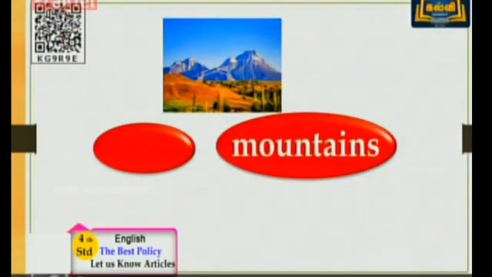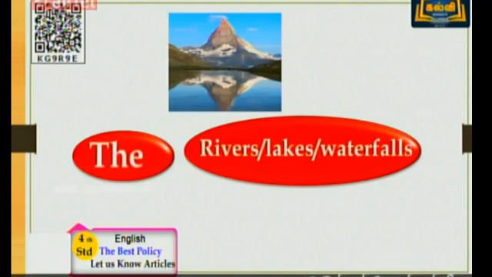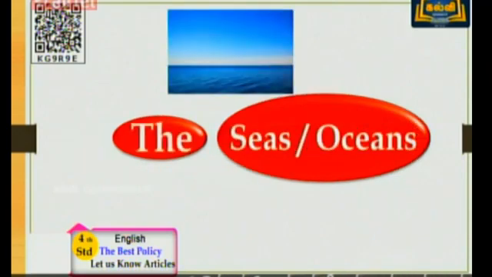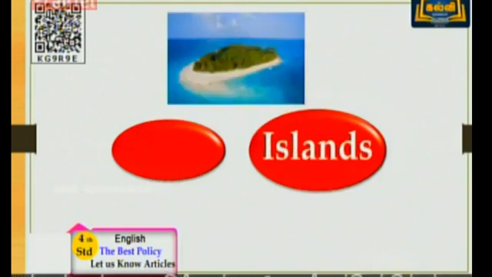So is it a mountain or an mountain? I told you before, for particular things and unique things, we have to use the article the: the mountains, the rivers, the lakes, the waterfalls, the seas and the oceans, the Pacific Ocean, the Arabian Sea, and for famous books like the Tirukural, the Bharatiyar books, Kavidigal, like that. And for some of the islands we use the article the, and for the directions,